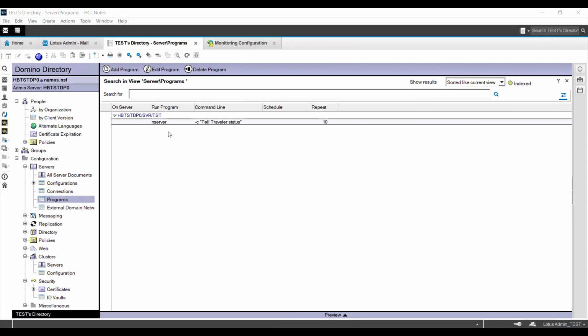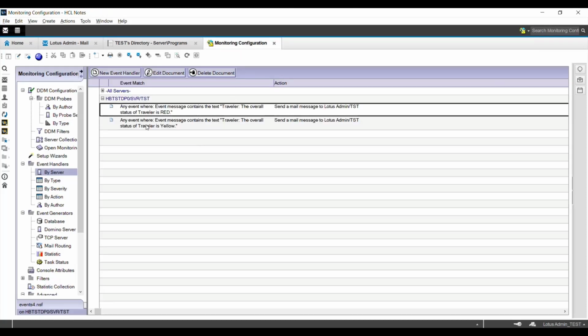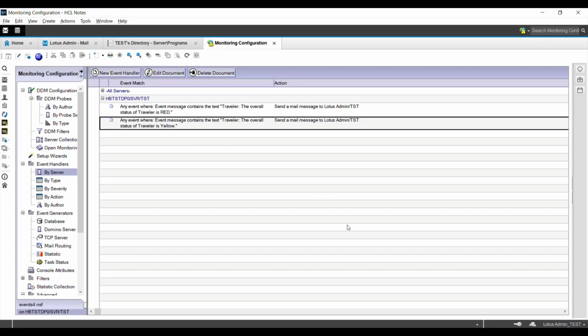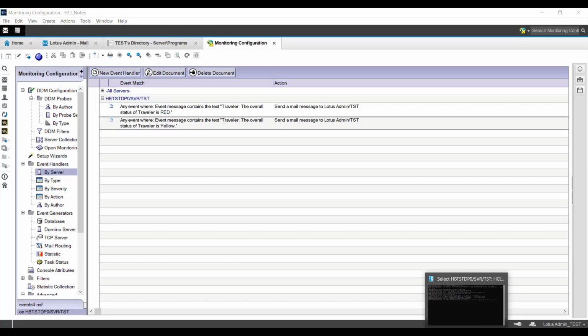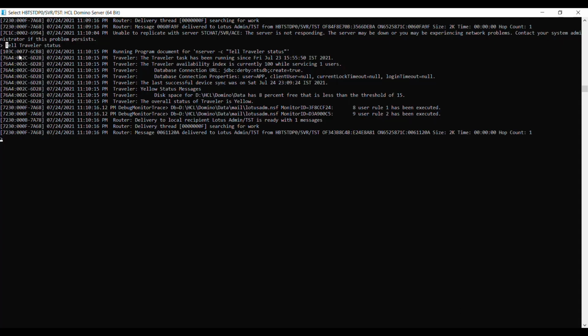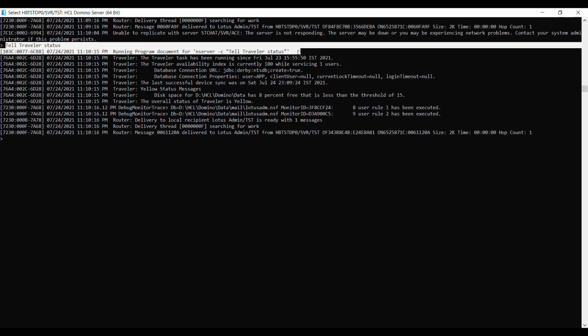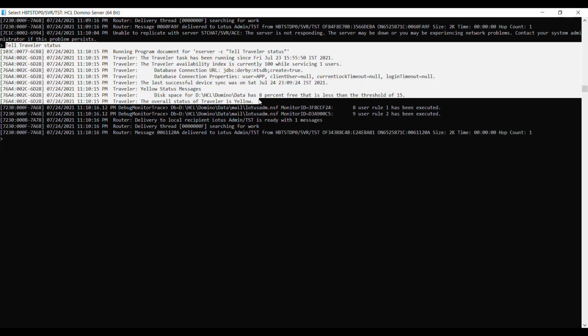Now both of our configurations have been completed. We are ready with the program document and event handler configuration. Now let's turn to the server and check whether the program document has run or not. We can see our tail status command has been run via the program document and we can notice there is a yellow status message on the server.